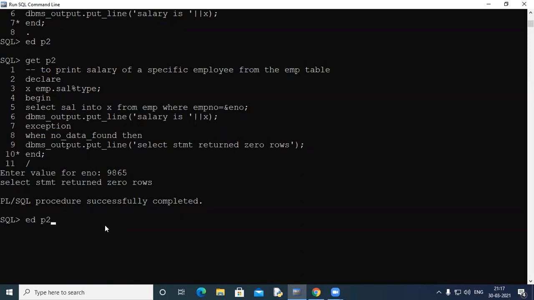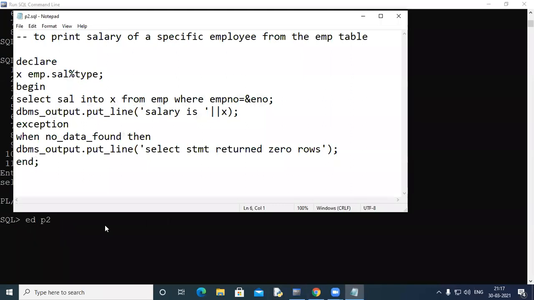Similarly, we can write another thing here. Say I try to write a DNO here. I would change the query to where department number is equal to, say, I'm selecting salary for a department, so obviously this is going to return multiple rows. Can you predict whether no data found would be raised or not in this case? Can somebody tell me how to pick up this error, or whether whatever I've written in exception will pick up the error? You can raise your hands to answer this question.